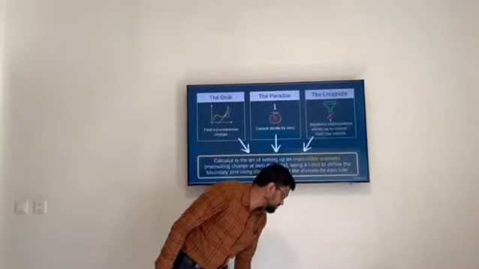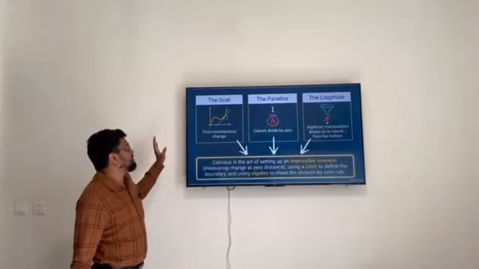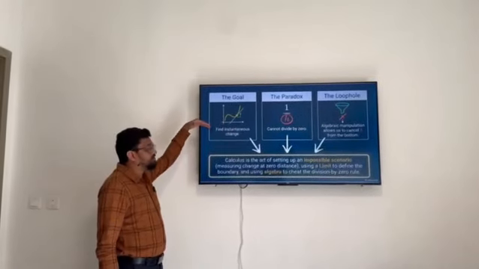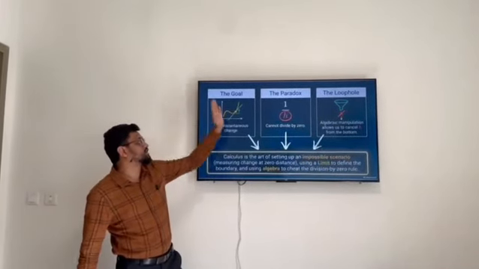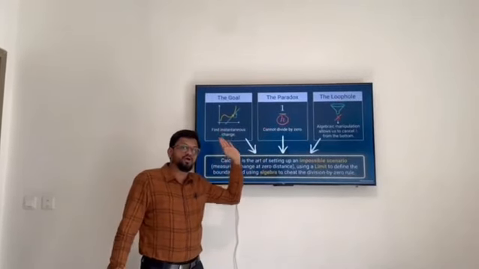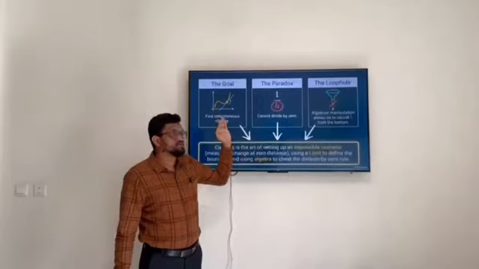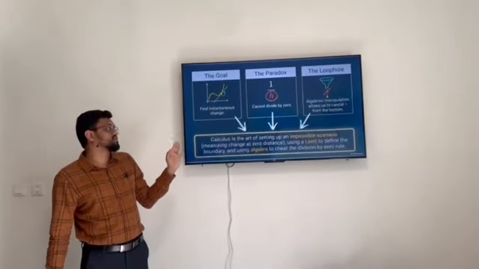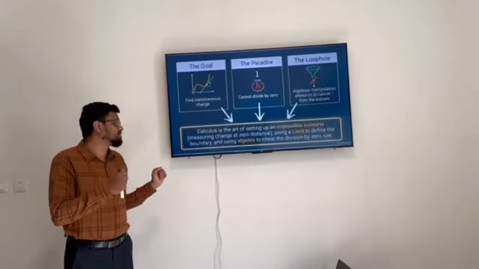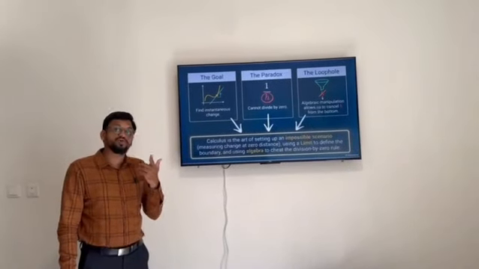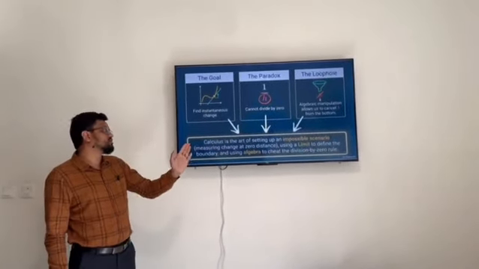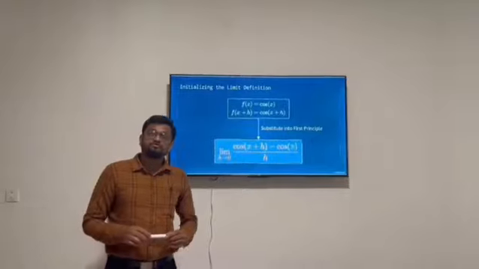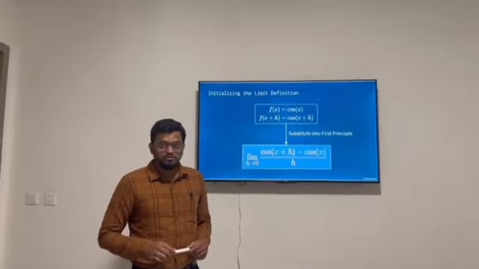Now, what we have done in this presentation is we have found out the instantaneous change. By finding out the instantaneous change, we found that we cannot divide by 0. So what we did was algebraically substitute the values such that h cancels out and we get the answer. Calculus is the art of setting up an impossible scenario: measuring the change at 0 distance. We have measured the change at 0 distance using a limit to define the boundary and using algebra to cheat the division by 0 rule. We have found the rate of change of a sine wave, which came out to be